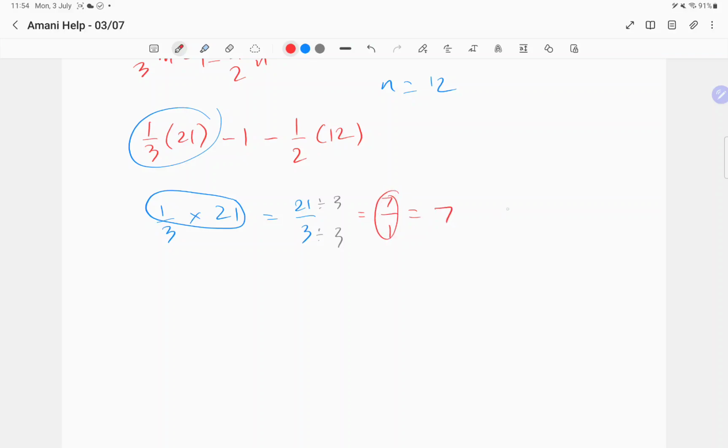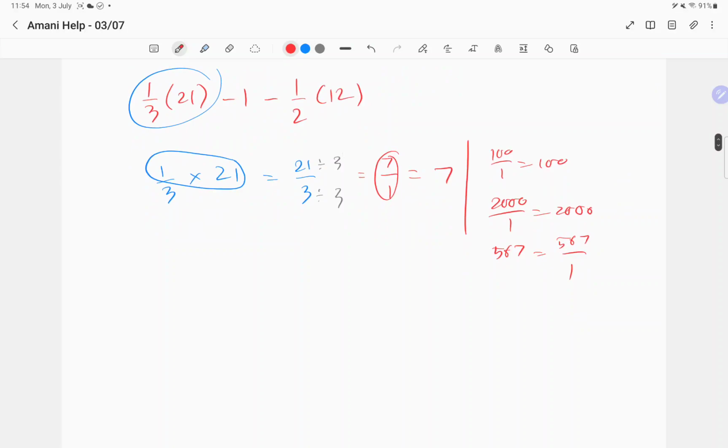Anything divided by 1 is itself. So 100 over 1 is 100, and 2000 over 1 is also 2000. Similarly, if you have, let's say, 567, that can be rewritten as 567 over 1, which is handy sometimes when you need to combine them. For example, if I were to continue here,